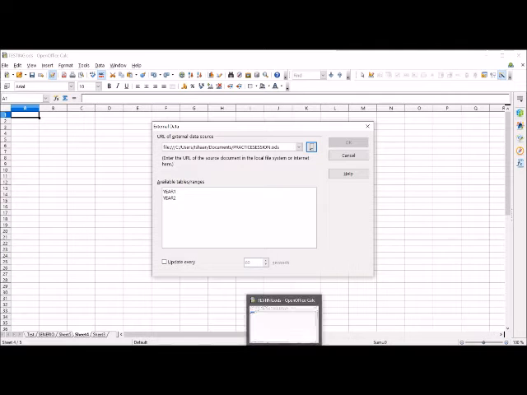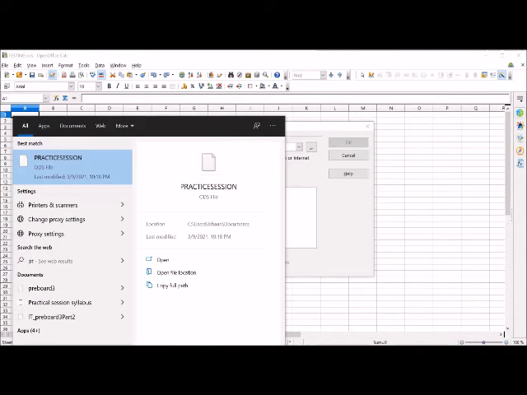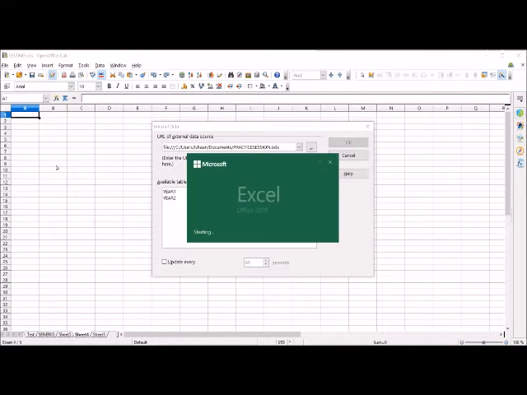I'll show you this practice session workbook. First, I'll open this practice session workbook and I'll show you these two ranges that I have created in this workbook.